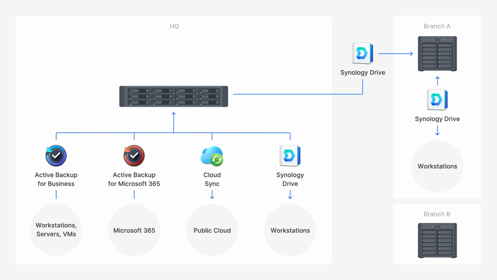Now, Branch B, we could have this be our backup destination for Branch A, HQ, all of that cloud backup data that we aggregated at HQ. So for Branch B, we could have the HQ device replicate that sensitive data to Branch B for failover purposes in case anything happened at that HQ location.